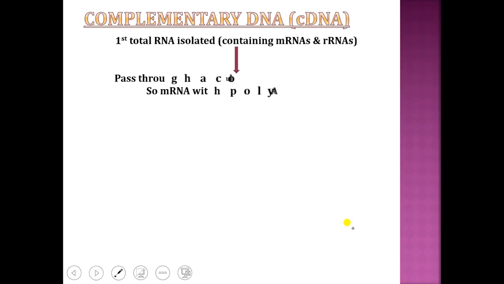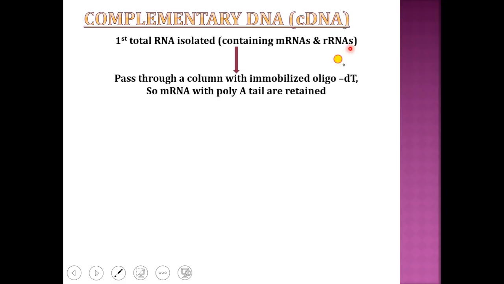We'll see the steps of how we synthesize the messenger RNA and how it is converted into a complementary copy of DNA. First we isolate all the RNAs of that particular cell, that includes messenger RNA and rRNA. After isolating those RNAs, we allow them to pass through a column that contains oligo-dT, oligonucleotide having thymidine. When the RNA passes through that column, the messenger RNA will get attached